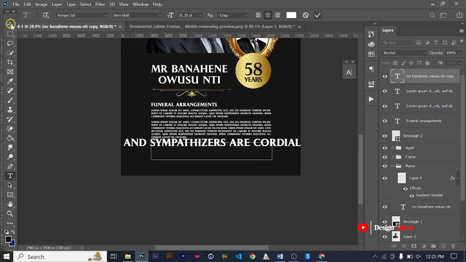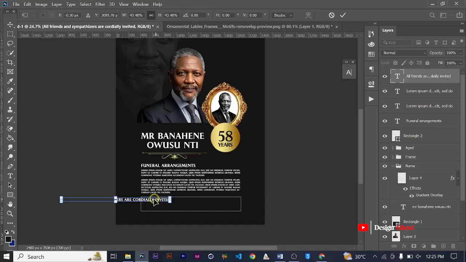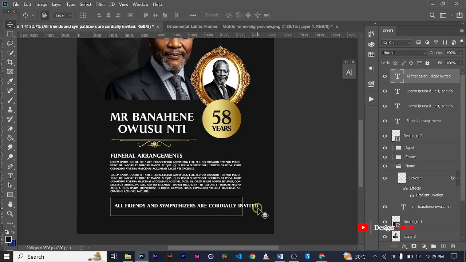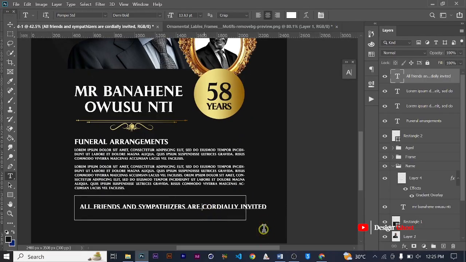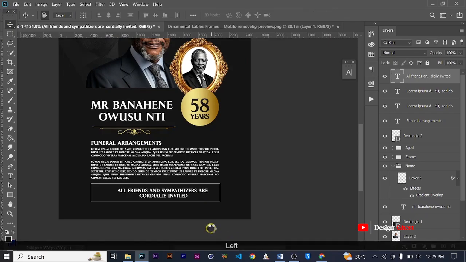We are going to make that very small. Okay, and we are going to do it this way. Great. Let's make sure it's in the center of our shape,